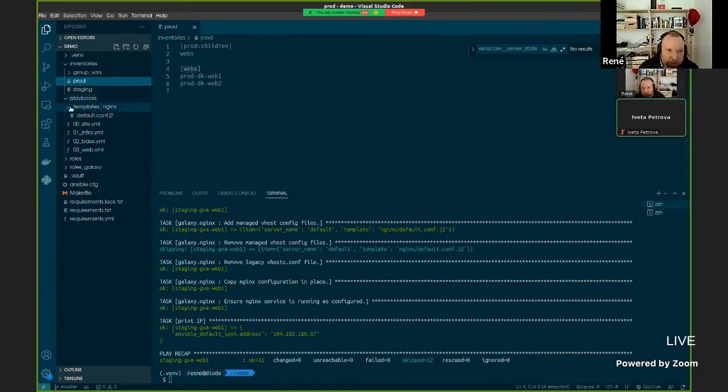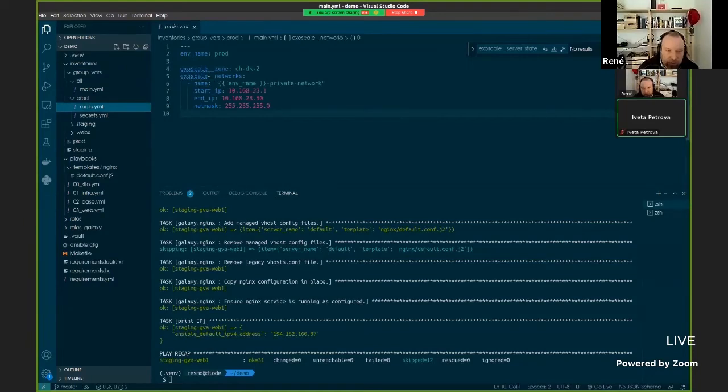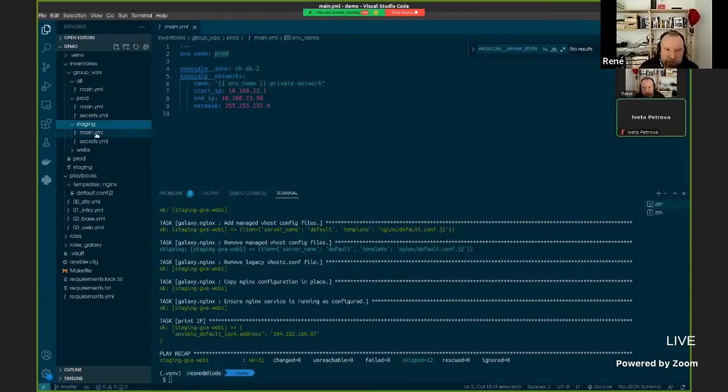In our inventory I also have two groups for prod, which say which zone will be used, and the private network for prod. In the staging environment, you can see a different zone. And here we say in staging it's safe to reboot the machine if we need to. These configurations are part of the role, which allows us to change things, so we can quickly discover the settings.